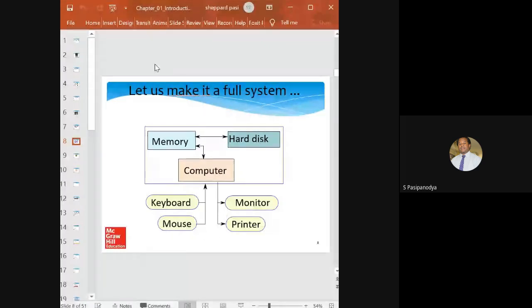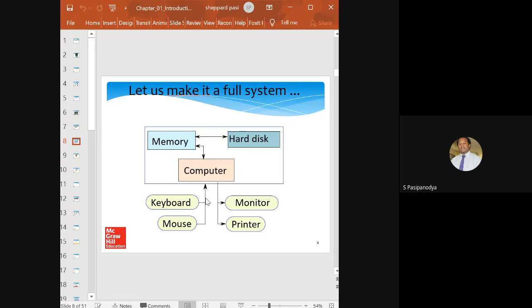When we're talking about input-output devices, we're talking about the devices that can allow a computer to acquire data. Devices such as your keyboard, such as your mouse. Those are the input devices. And when you look at the output devices, we're saying these are devices that can allow your computer to output data. And this includes your